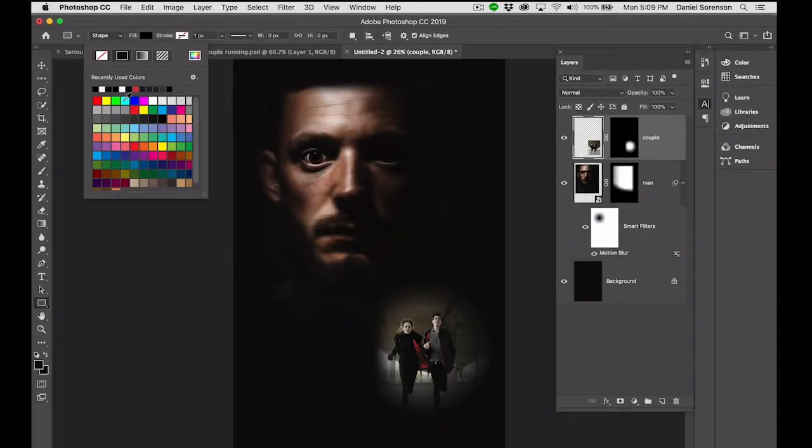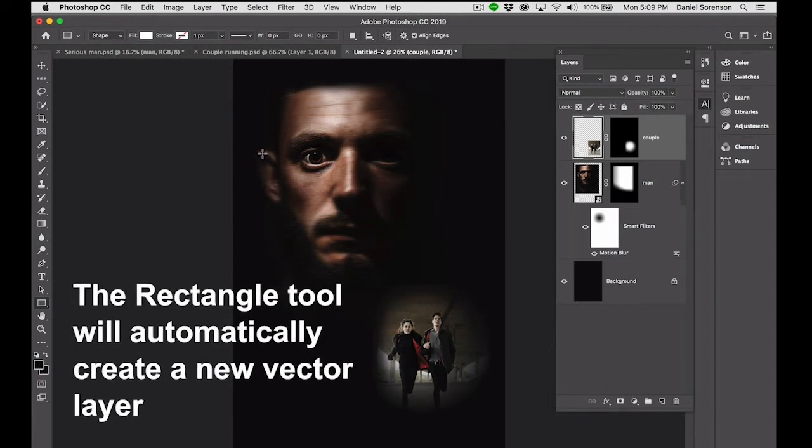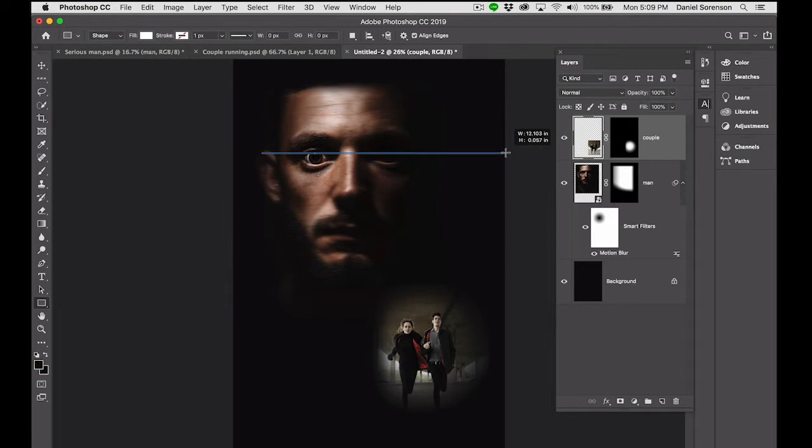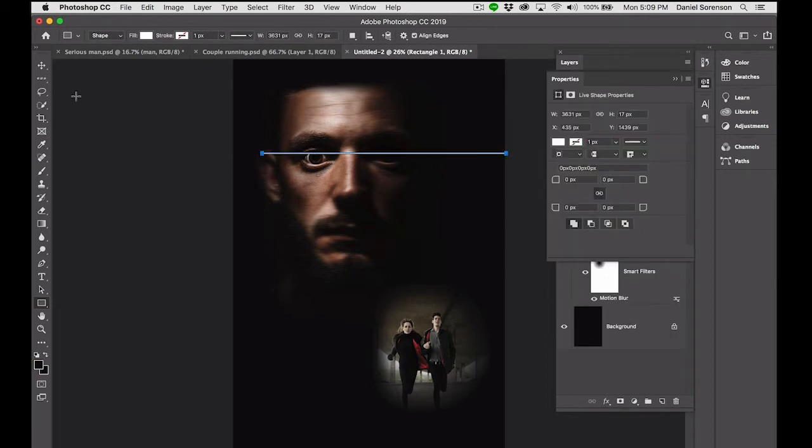And if this is a real movie poster, we probably have a billing block down here on the bottom, and maybe a copy line in here. We're going to put the title right up here across his eyes. Choose the rectangle tool, make the fill color white, and create a very narrow line across the image. Something like that. I'm going to use the move tool and just move it down so that it goes straight